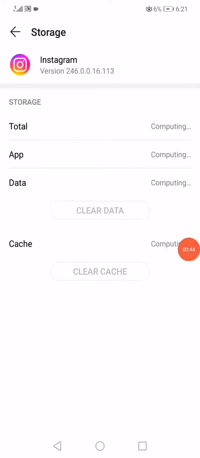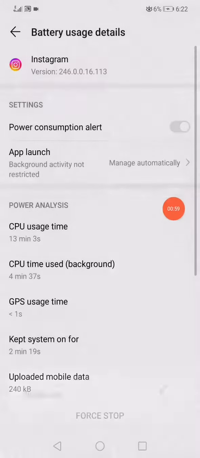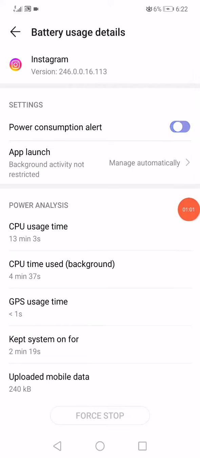It will start computing the data number that you have on your Instagram, so you have to wait a few seconds. After that, you have to click on clear data, clear cache. Go back, click on the power usage details and then go to the power consumption alert and disable it like